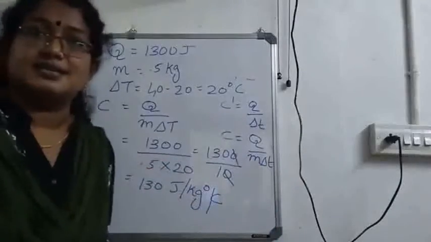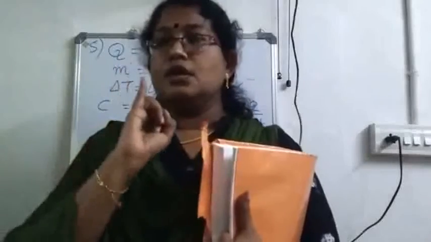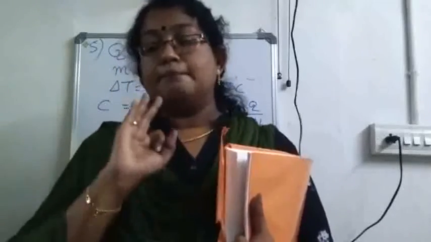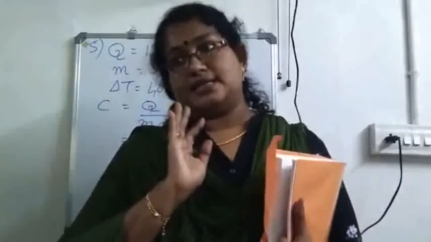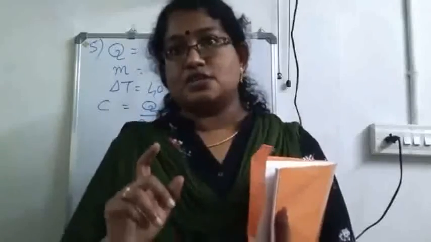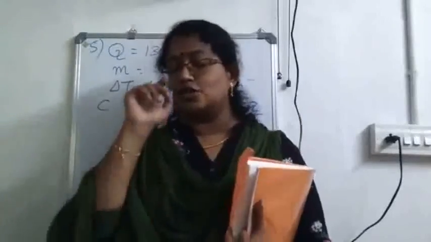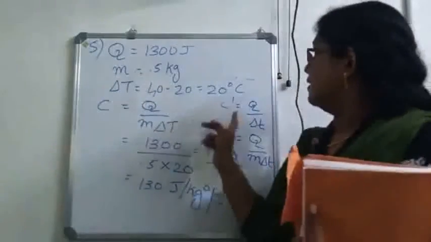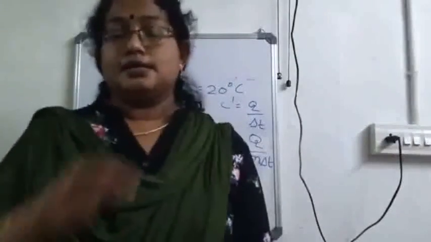Next one comes from the next topic. So we have completed till question number 5. Remember what all things you have to remember. I'll be asking the equations and units during the Google Meet. Be thorough with the equations for heat capacity, then specific heat capacity. Heat capacity C dash is equal to Q by delta T. Specific heat capacity C is equal to Q by M delta T. C dash is equal to Cm. And from both these equations, Q means C dash delta T or MC delta T. Okay. So thank you, children.